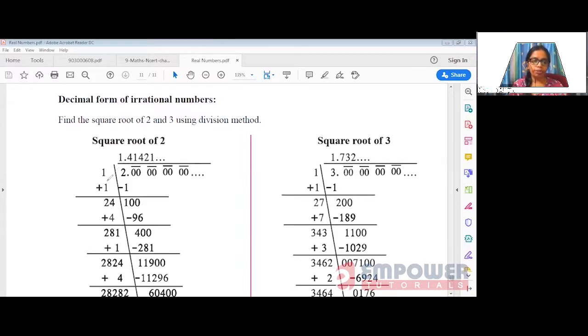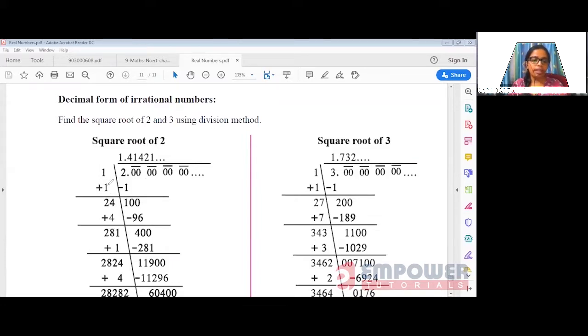So what we are going to do is, if we are taking 1 over here, we are going to multiply it by 1 only. So 1 into 1 will be 1. So we are taking 1 over here. Now if you see, there are 2 sides over here, one on the left hand side and one on the right hand side. On the left hand side, we are going to add this number, and on the right hand side, we are going to do subtraction that we do in normal division method.